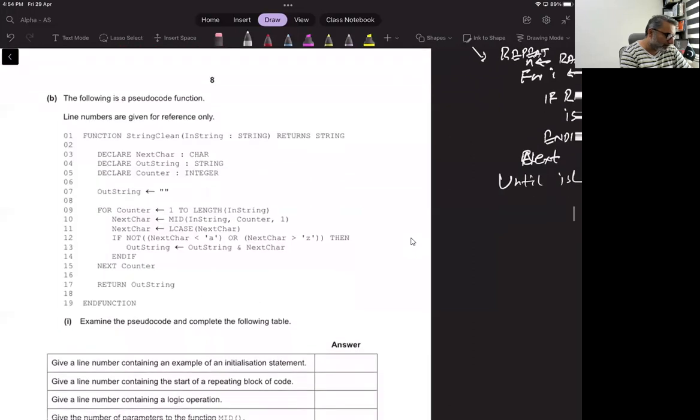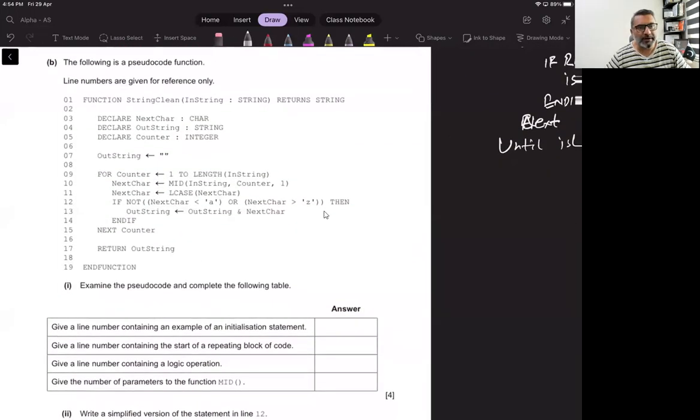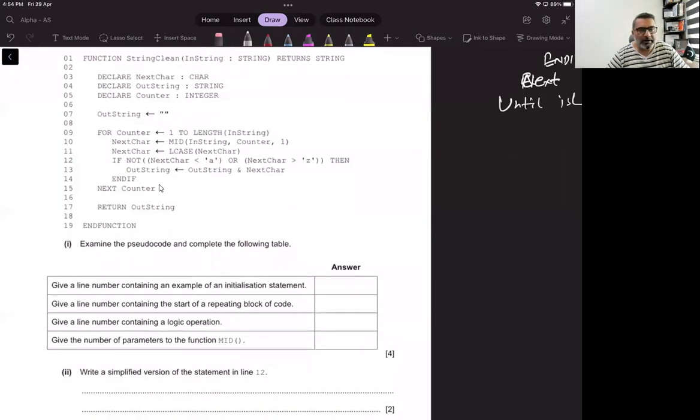Okay, so 5b. The following is a pseudocode function. Function is string clean, in a string, which is receiving a string and returns a string. Declare next character, declare out string, declare counter, out string is initialized. For next, it is going for the whole length of the string, picking up a character from the string, converting it to a lowercase, and then it is checking